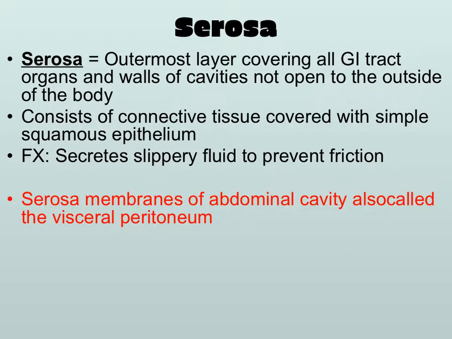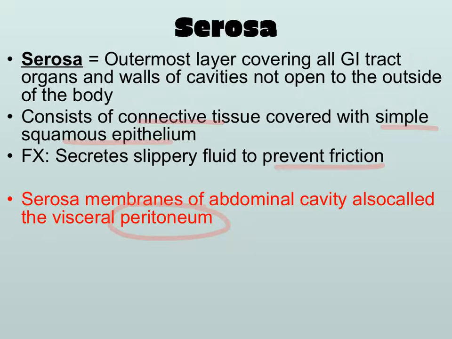And finally, our outermost layer of the GI tract is the serosa. And the serosa is simple squamous epithelial tissue with a little bit of connective tissue. And we've actually already heard this term, peritoneum, when we're in the abdominal cavity. And it's really there to prevent friction because all of our organs are really close to each other. There's not space in the body, and we really don't want those organs to rub against each other at all.